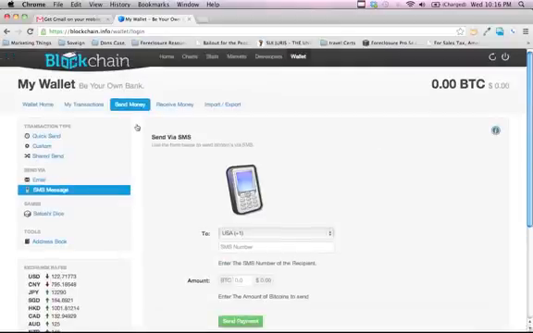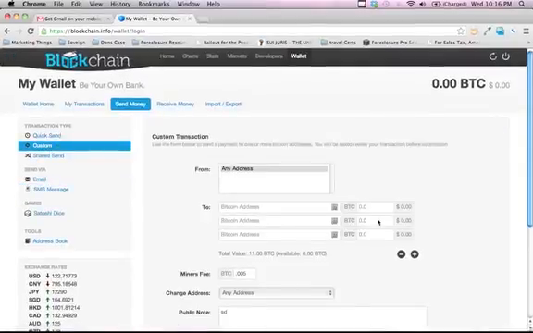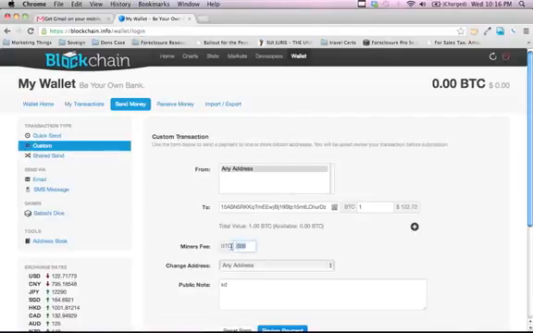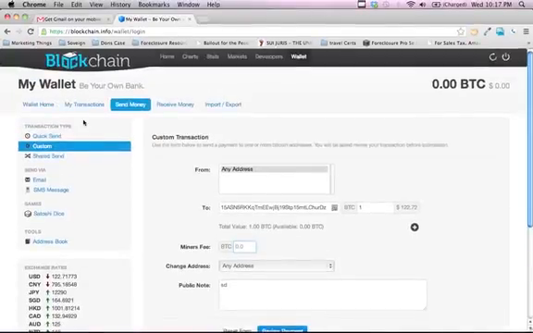So just to reiterate, I would suggest going to custom if you're trying to do a quick send, putting the address that you're going to send to, putting the amount of Bitcoins, and I would suggest putting a small miner's fee in here. Whatever you feel. The higher it is, the quicker it's going to go. So that's very, very important. And that is, for the most part, the beginner's version of how to use blockchain's